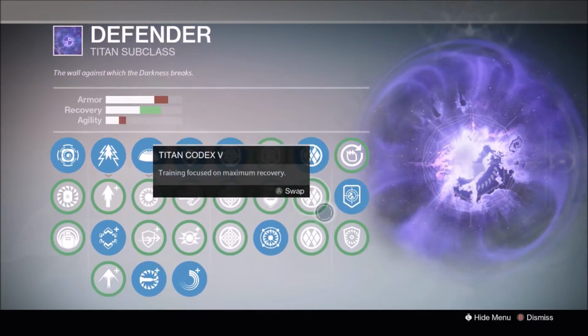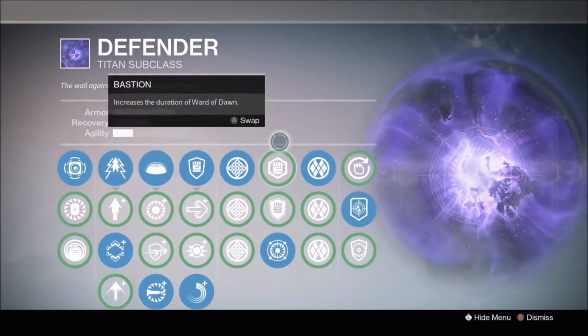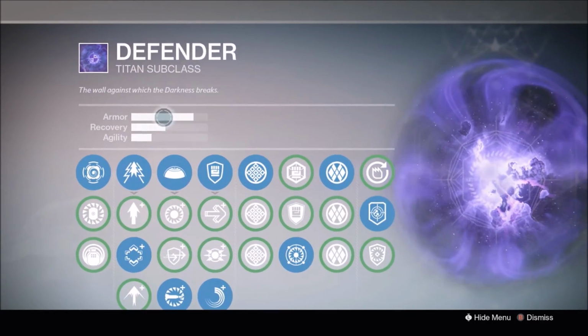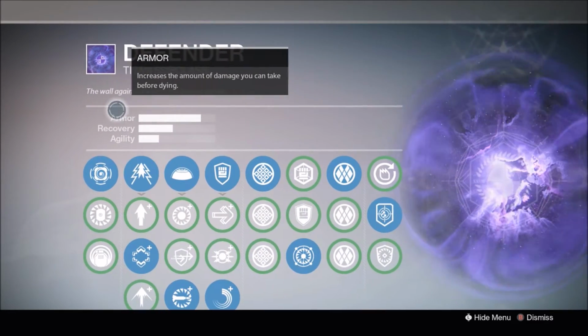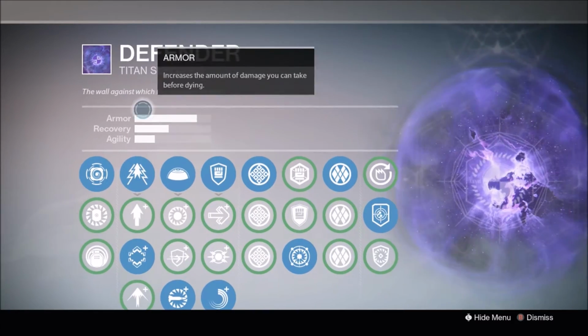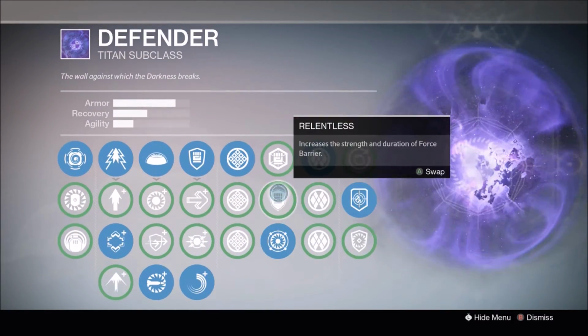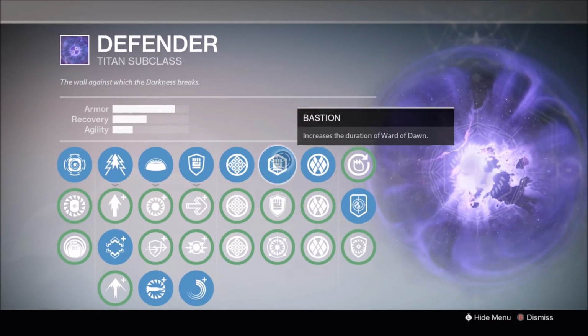Titan Codexes stay the same. Max armor, mid recovery, low agility. It's just my favorite thing to run for a character. You guys can run whatever you'd like, but I just think max armor is really important to run because you can survive the most hits you can take before dying. So that's really important. For the middle column here, I would probably run increases the duration of War to Dawn